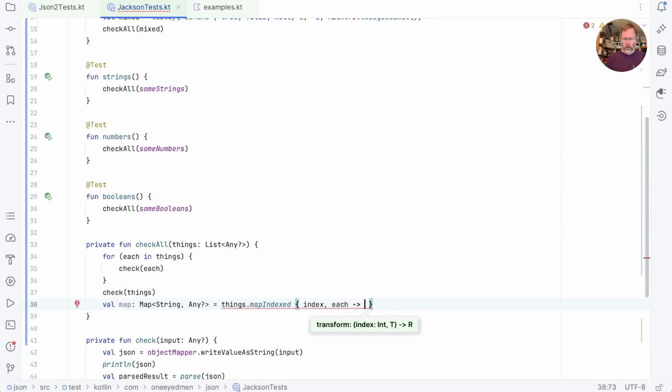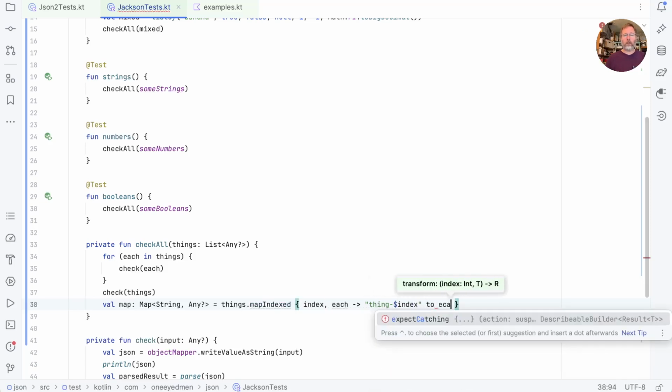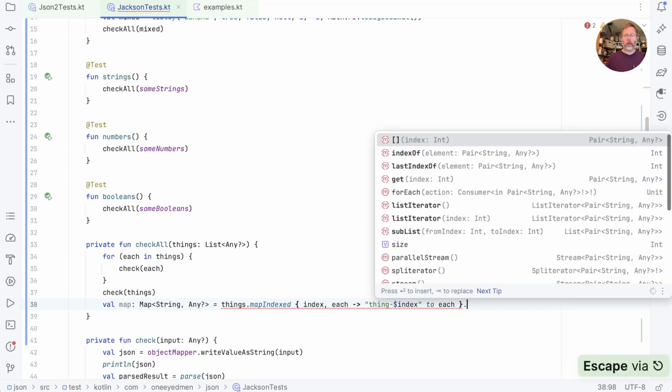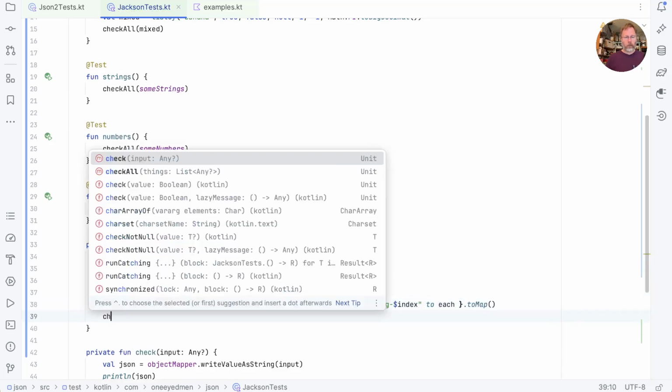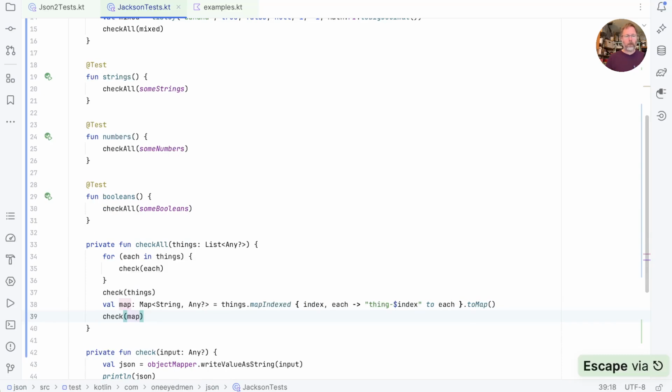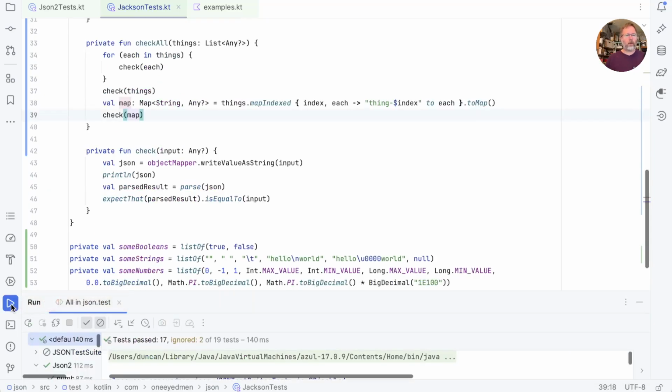So our key will be, let's say, thing $index, and our value will be the thing, which is each. And we should be able to create a map out of that. And now we should be able to check that map. Run that. Still passes, and to give us an idea what we've tested now, let's have a look in the